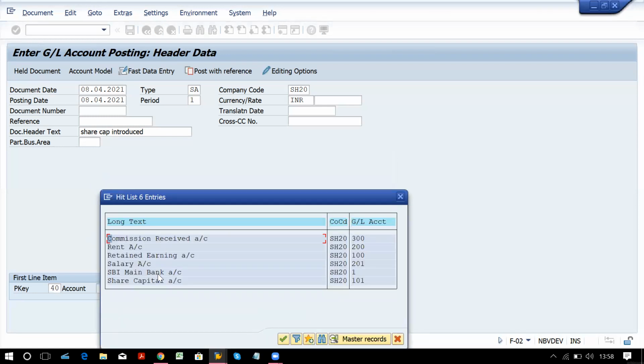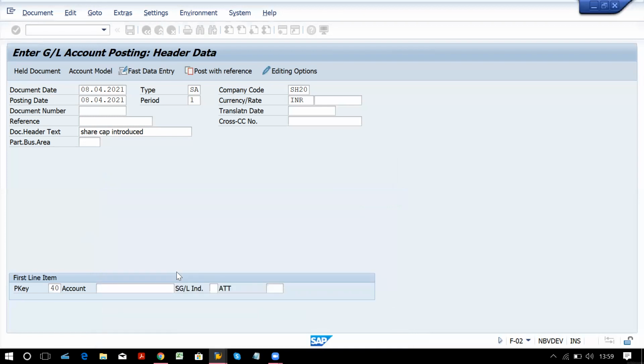Okay, so we have created these GL accounts, right? So that list will appear and you can select your GL account which you want to debit. So you can double click or just keep cursor and press enter, that is fine. All right. Now these are not mandatory. This is for advance. Okay, and this is for asset related. So later on we will see that. Press enter, so system will take you to the next screen.